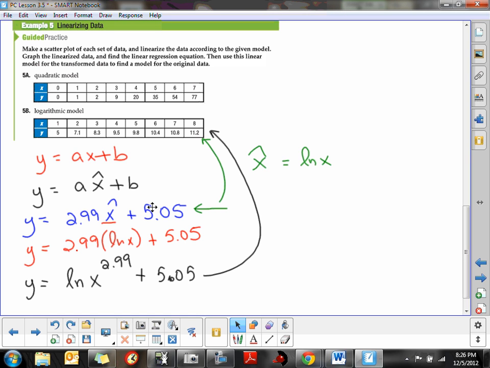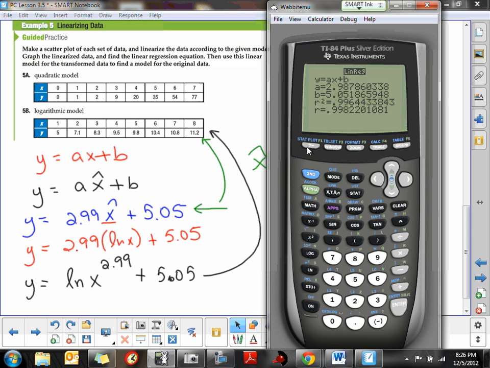Now the only way I can get that in there is to come back into the equation editor, and that's where we are going to type that. You can put it in 1, but I'm just going to put it in 2 here. And we're going to take the natural log of x cubed. Well, I guess I have x to the, what do we got there? 2.99, since I rounded to the hundredths. And that's the end of my exponent. So now I want to put a parenthesis to end the argument of the natural log. So we're taking the natural log of basically x cubed plus, then we got